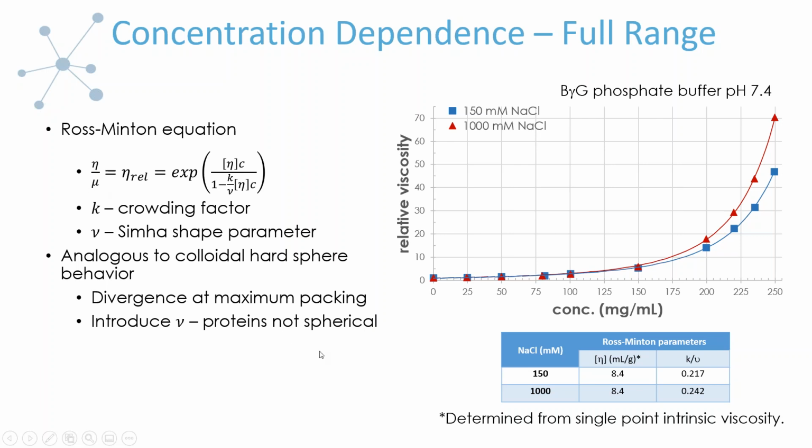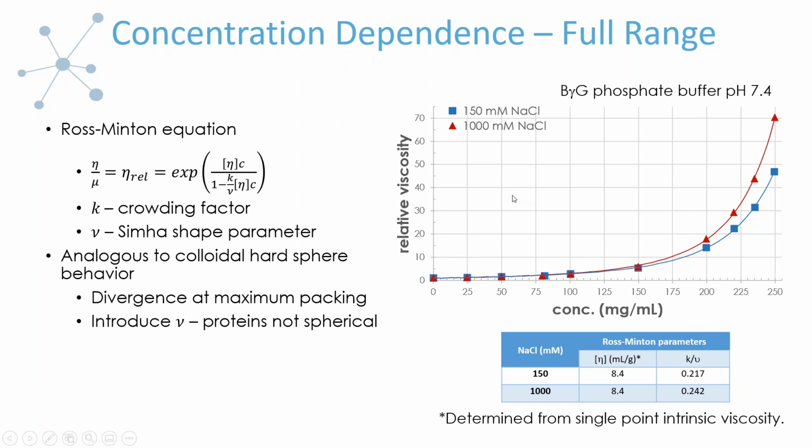So when you scale out the impact of what the background or the solvent is, now you're going to highlight what's happening with the proteins. And now if all you did was change the background viscosity, then these two curves would basically collapse on each other. And it would indicate to me that I didn't really change the interactions of the proteins. But in this case, when I scale out the viscosity of the buffer, and of course the higher concentration sodium chloride would have a higher viscosity, I see that the viscosity curve of the higher salt content buffer is still different and still higher than the other.